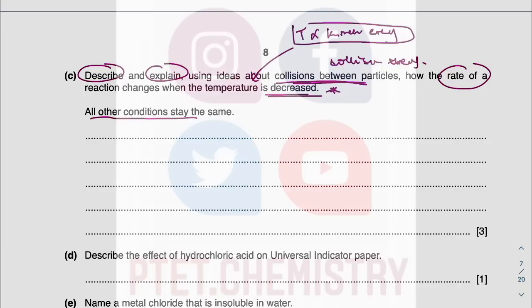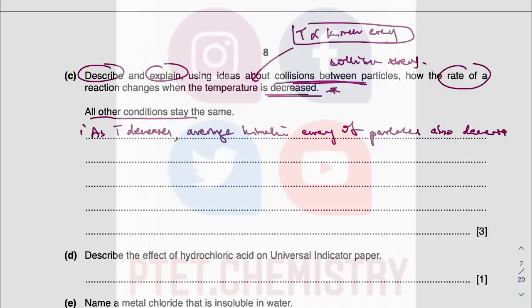So as temperature decreases, the average kinetic energy of particles also decreases. All your particles will have less energy, and because of that,